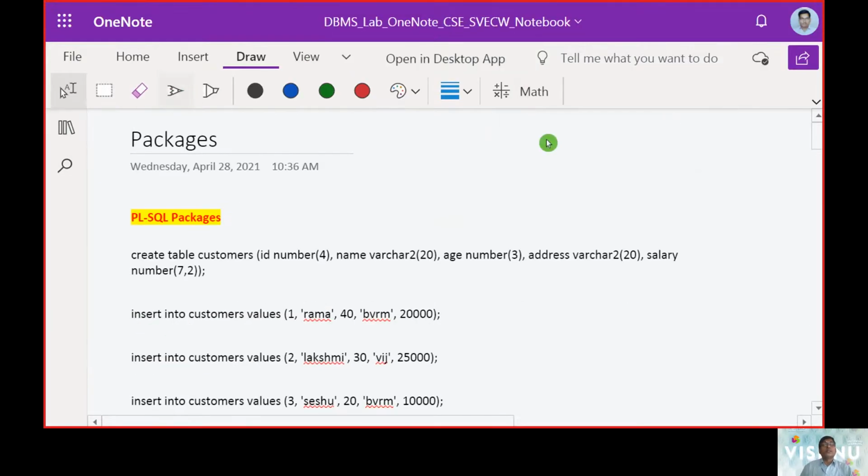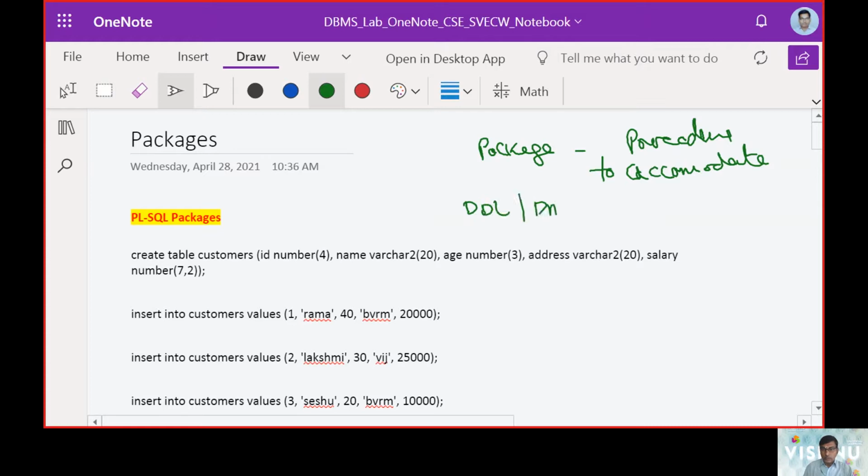As far as the package definition is concerned, a package can have a procedure to accommodate the DDL, DML, DCL, TCL or DQL commands. Mostly the DDL and DML will be part of the packages.